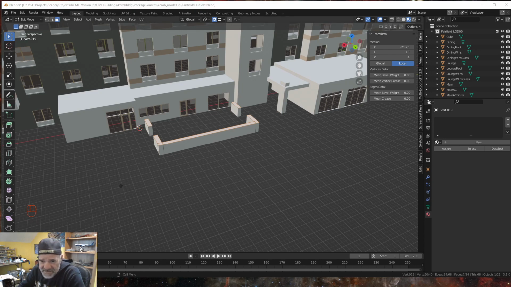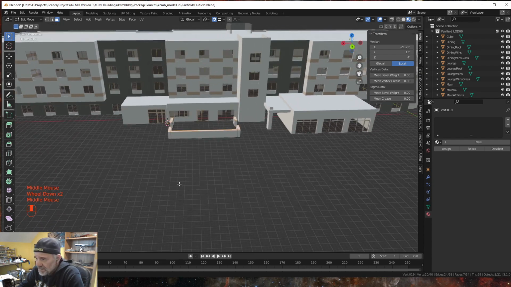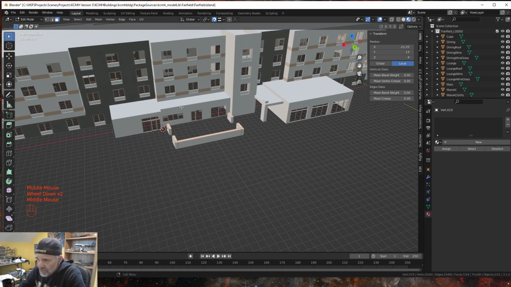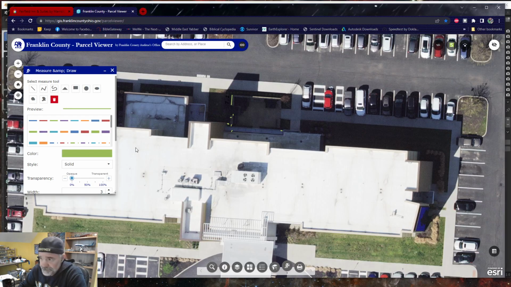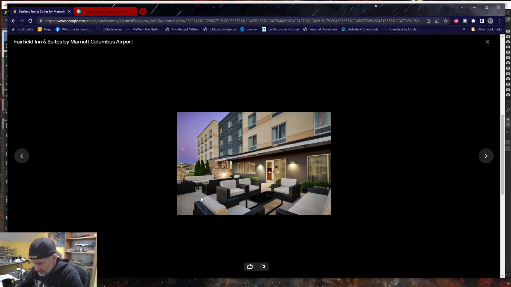Now let's see some other features that we want to add while we're at it. Well, I know I want to do this grill, right? All right. So let's see if we can find a good picture of what that grill looks like. Not the barbecue grill, but the awning type of thing. So let's go back to our prototype pictures from the web and find a picture,